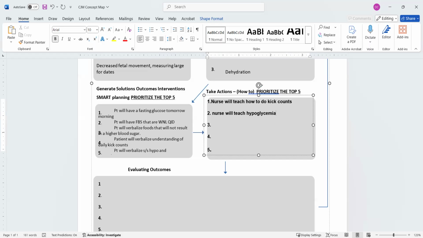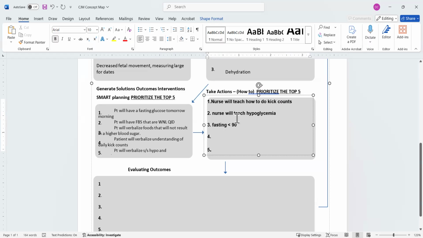I'm not sure what I would want next. I think I would do the fasting blood sugar next, and then fasting less than 90. Oops, I'm having trouble with formatting here. I'm sorry. And then